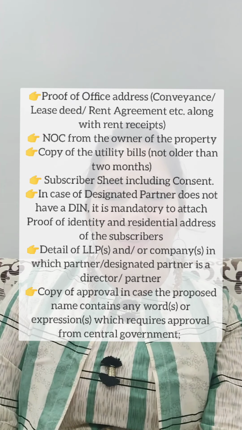Other than this, the list of the documents is stated here. So I hope you get these in order. So once these documents are ready and you attach this to the FiLLiP form, you have to get it verified by a professional, that is compulsory. So the professional can either be a chartered accountant or a company secretary, and the digital signature of the same will be attached here. The digital signature of the partners which we got ready before the name approval will be helpful here, and you need to attach one of the partners' DSC over here.